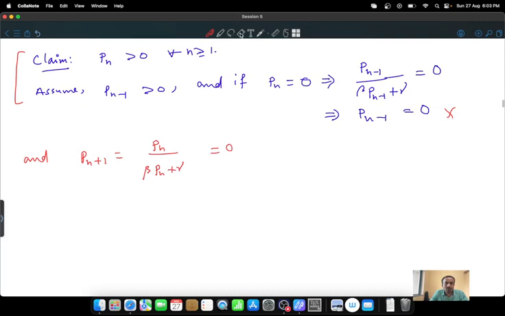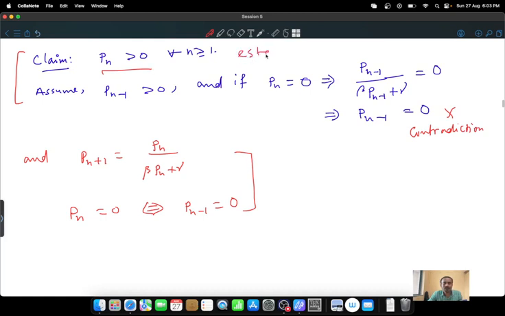So from here you can directly conclude that Pn is 0 if and only if P(n-1) is 0, because if Pn is 0, then here P(n-1) has to be 0, no other choices, right? So anyway, that has been proved, no problem, which is a contradiction. So my first claim that Pn is positive, that has been established,